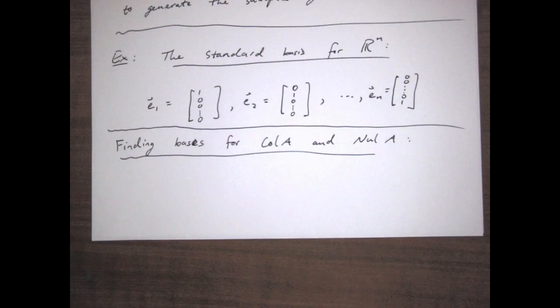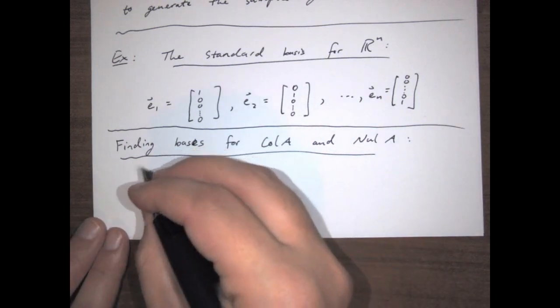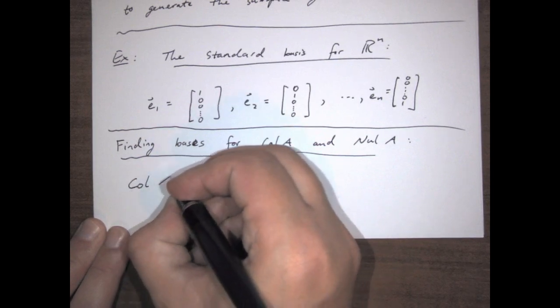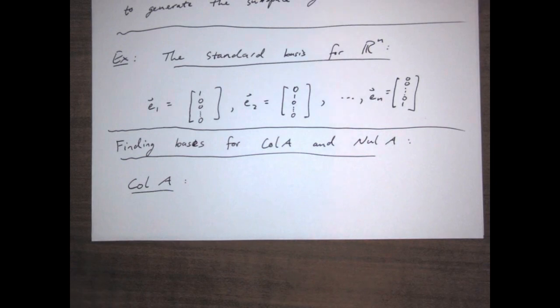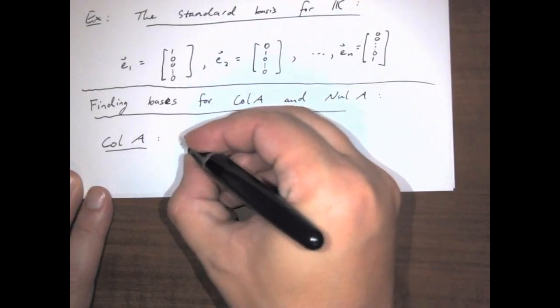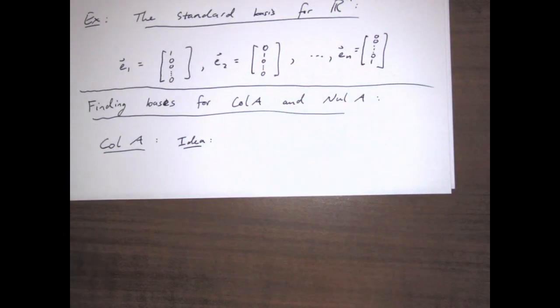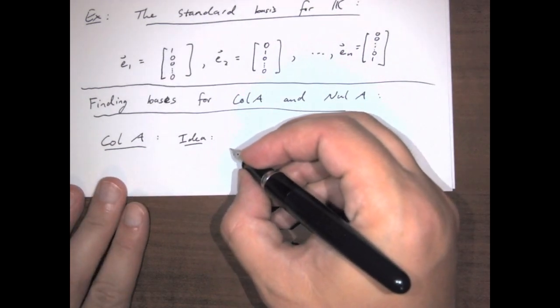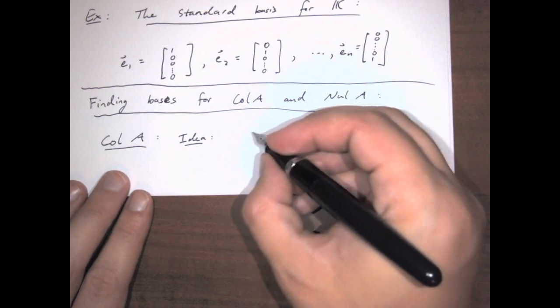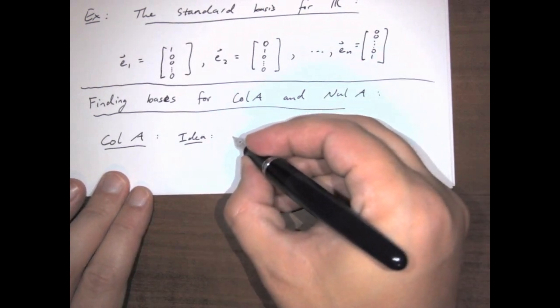So if we want to find bases for the column space and for the null space of A, we can try to think about how this would work out according to our knowledge. So for the column space of A, and by the way, you can write these things with or without the parentheses, and the tendency would be to write them without if there's no danger of confusion. So for column space, the idea here is that you want to identify the basic columns, the basic variables of the space here, and you would do that by row reducing, and then all of the columns that contain pivots, those will be the basis for the column space. So the idea would be find